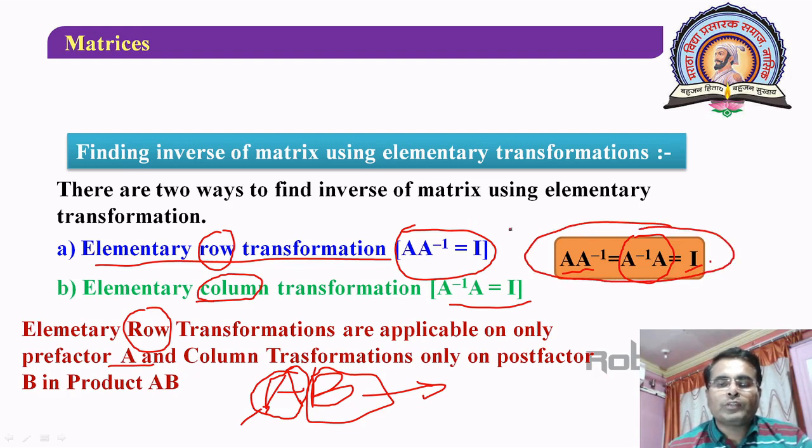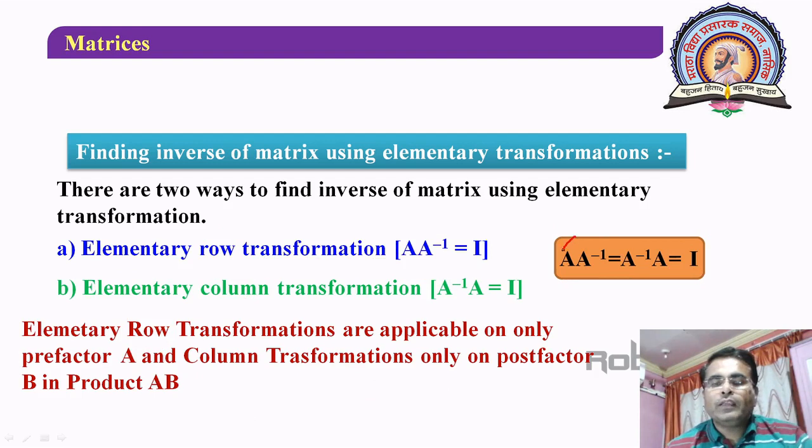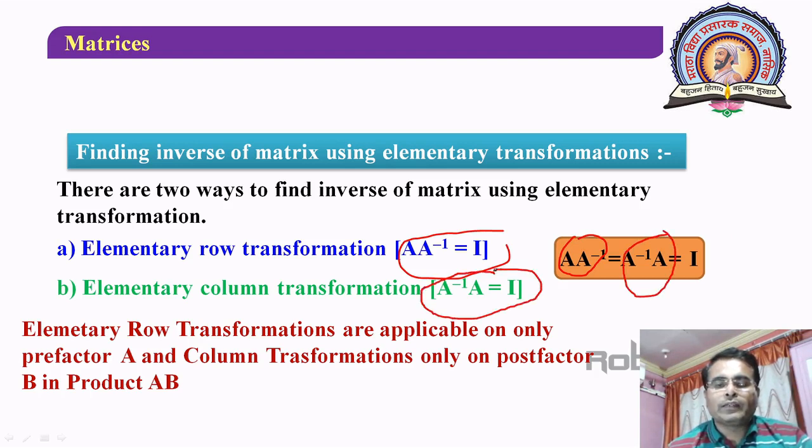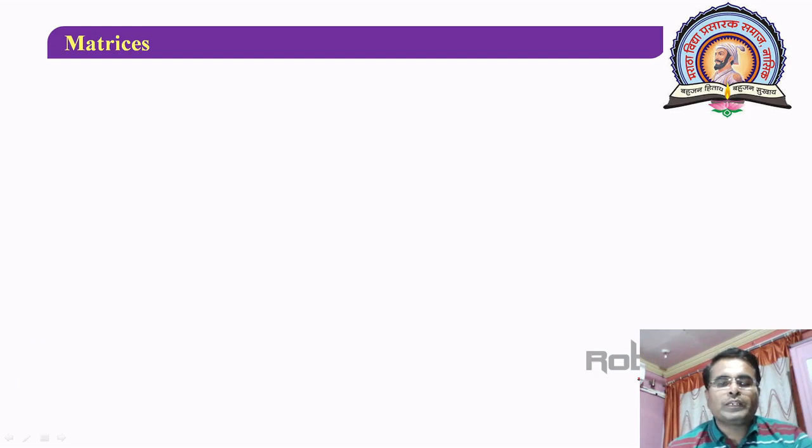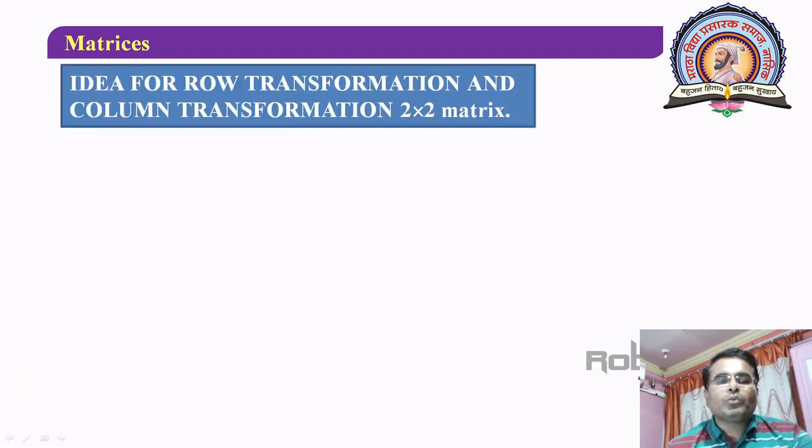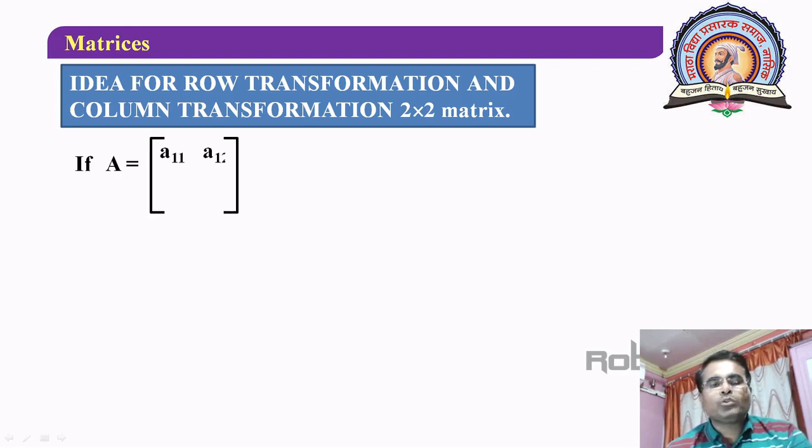For row transformation, the first part, that is A into A inverse is equal to I, is taken here, and for column transformation, A inverse into A is equal to I, is taken here. So there are 2 separate methods of finding the inverse, using row transformations or using column transformations. So let us see one by one. If you want to find the inverse of a 2 by 2 matrix, consider a 2 by 2 matrix